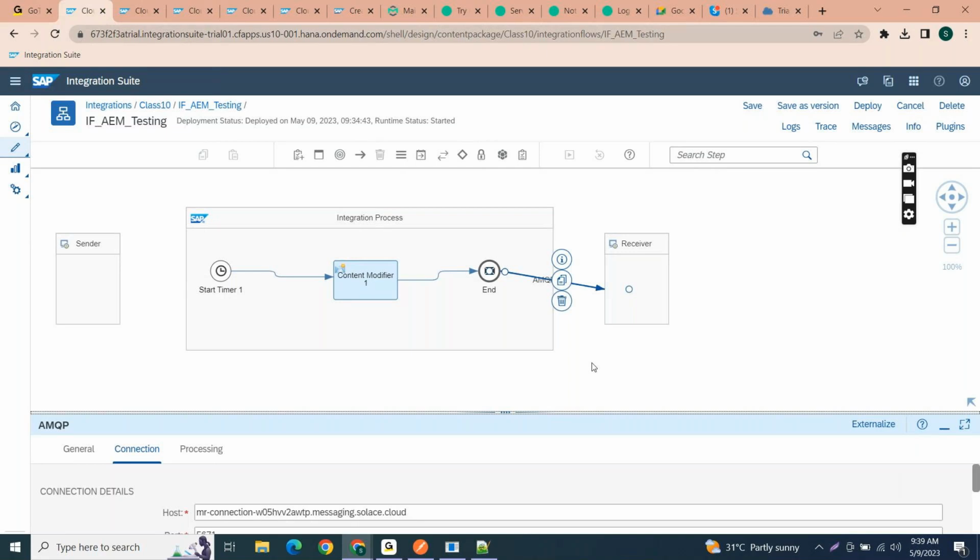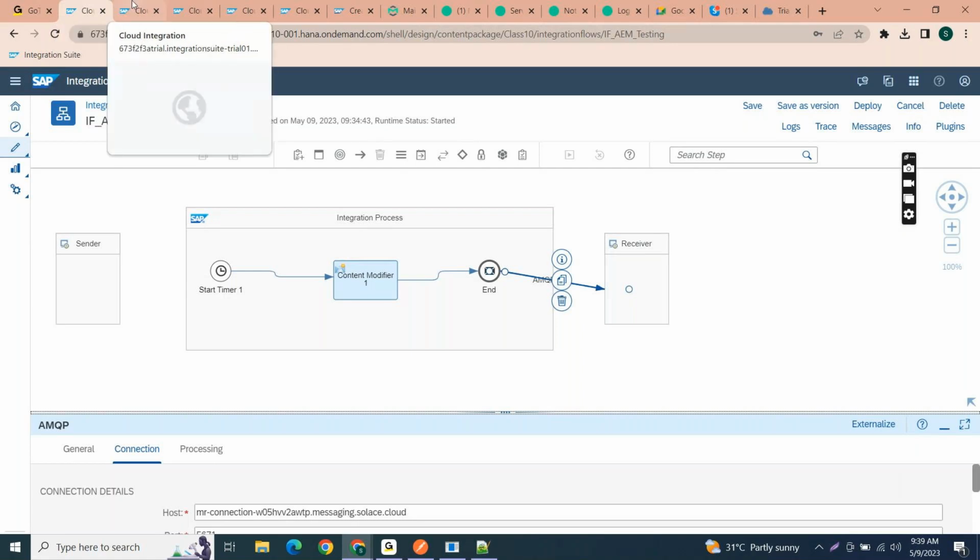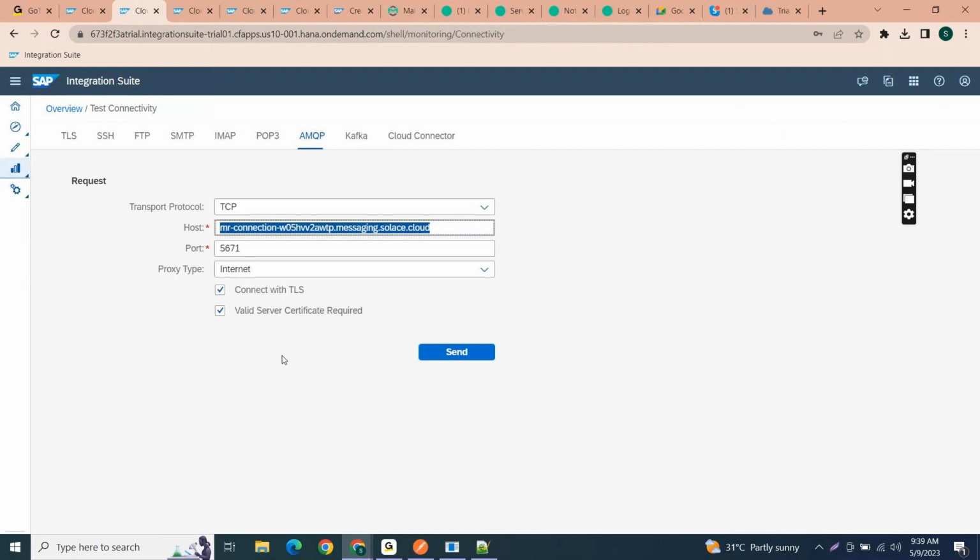But in CPI also, initially we had to install the HTTPS certificates in key stores. Now it automatically takes those client certificates and is able to connect with those services directly without installing the TLS certificate, transport layer security. But for some services we will get errors. For those services you can directly